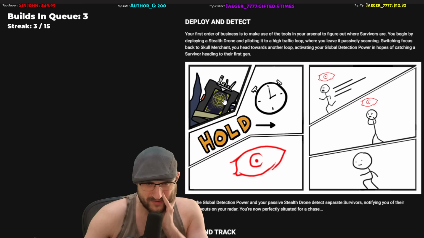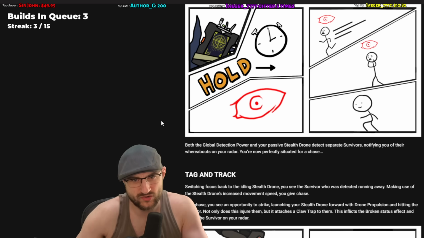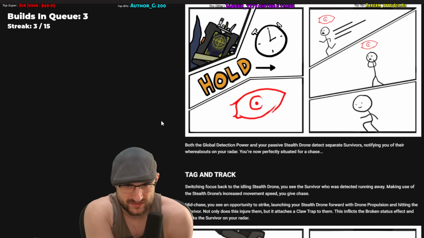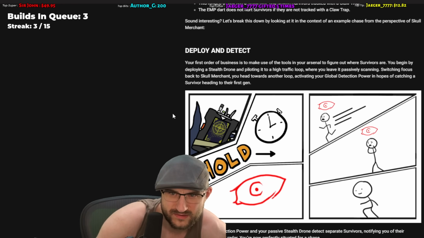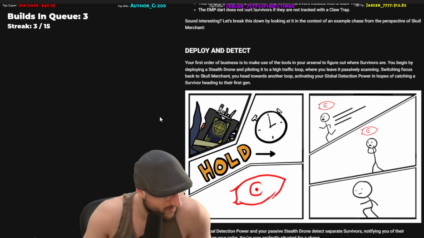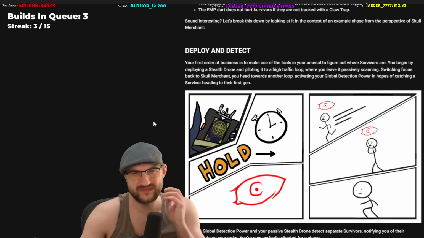Can't they just crouch it though and hide from it? I have to see how this works. Both the global detection power and the passive stealth drone detect separate survivors, notifying you of their whereabouts on your radar. You're now perfectly situated for a chase. Wait, the global detection thing, I forgot what that is. Is that where it just detects everyone for free? Yeah, I can't remember the previous one exactly. They didn't even bring it out, so...